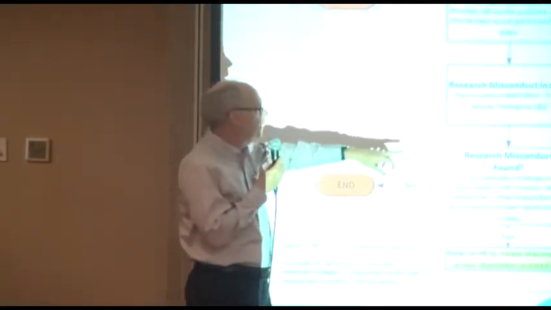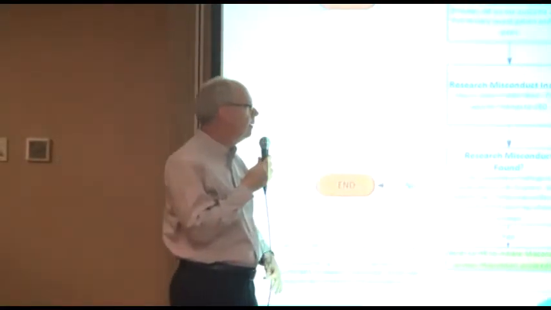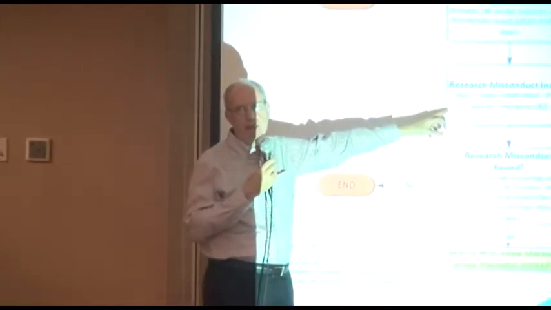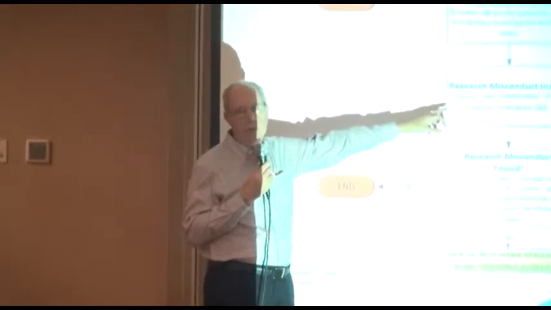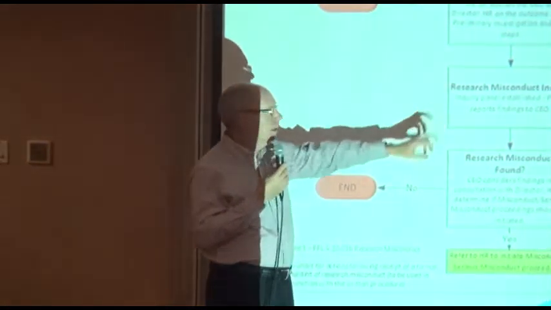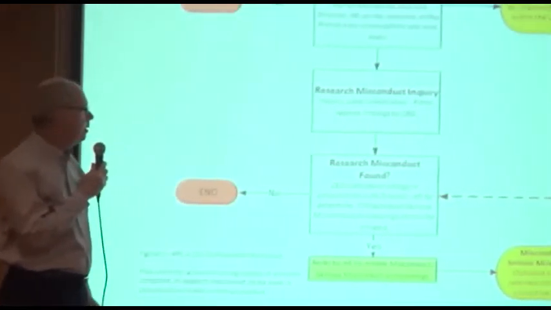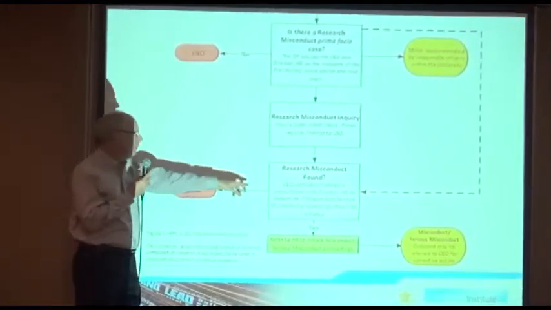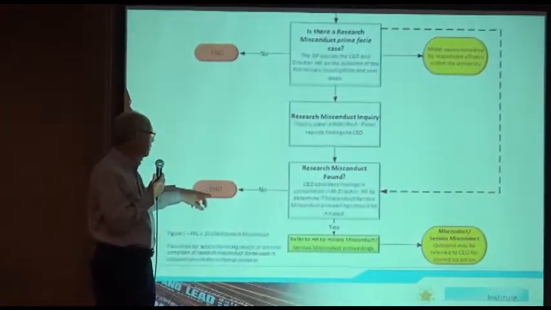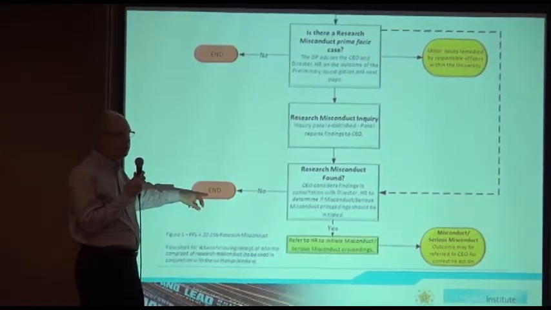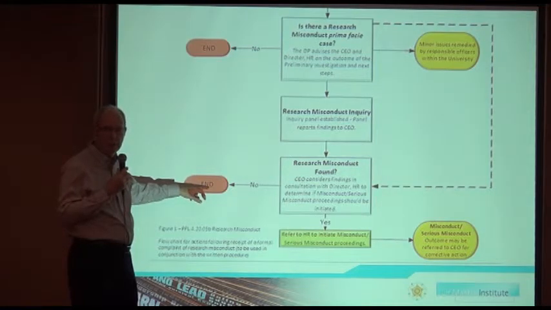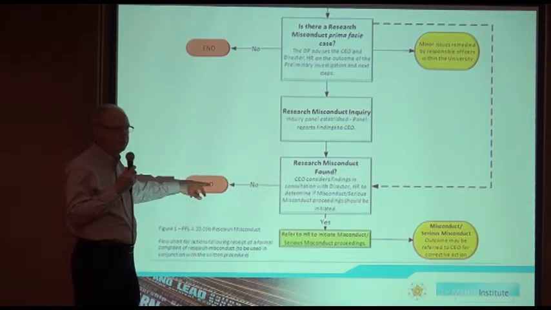If, however, it is shown that there is a prima facie case, then an inquiry panel is established, and the report of that finding then goes to the Chief Executive Officer of the university or the institution. The result is, if research misconduct is found as a result of that inquiry, then certain things will happen. If it's not, then corrections are made here, and the reputation of the person against whom the accusations have been made needs to be restored.